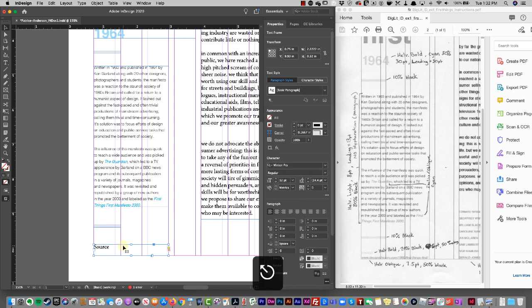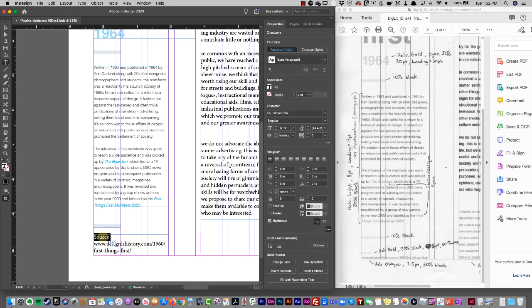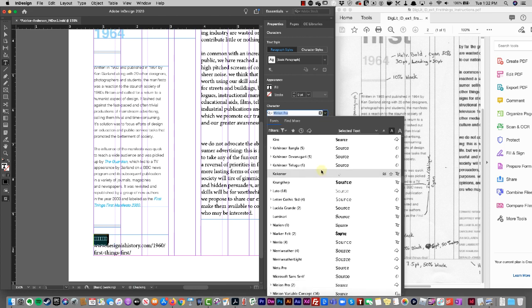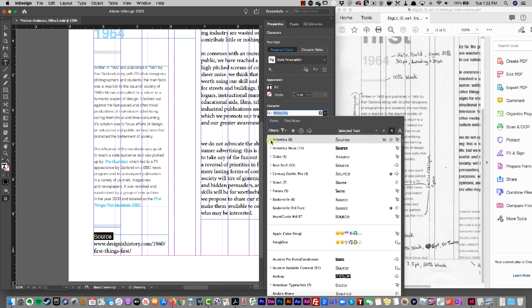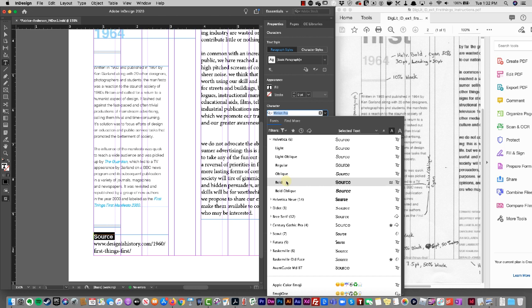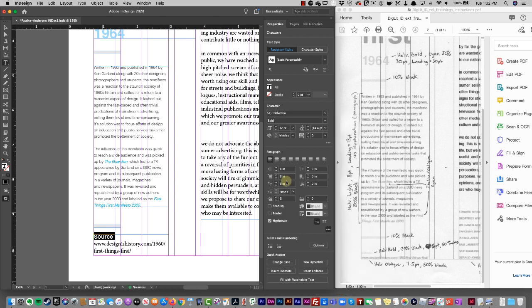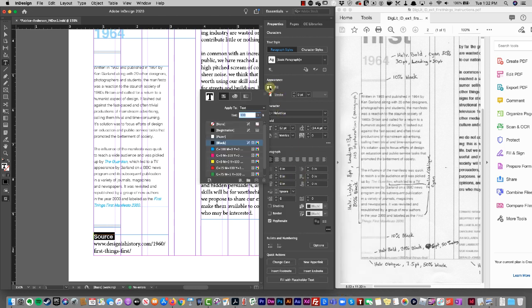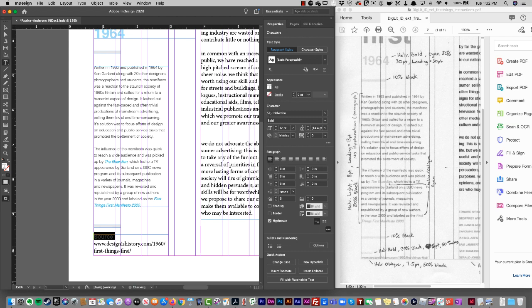So I'm finishing up this left side column with the source. And because these two typefaces are different, I'm not going to create styles. They're only used right here. So I'm setting the Helvetica bold, putting in all the information, changing it to, what is it, 20% black, making it small,